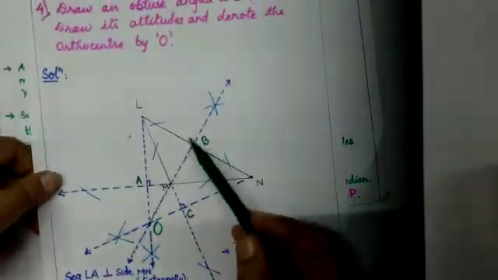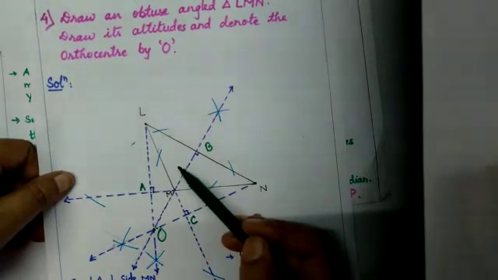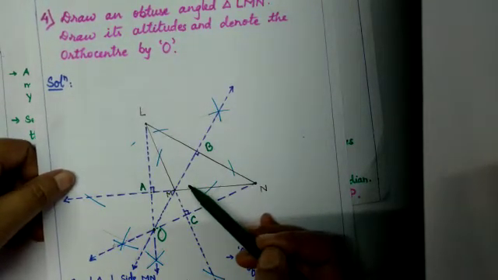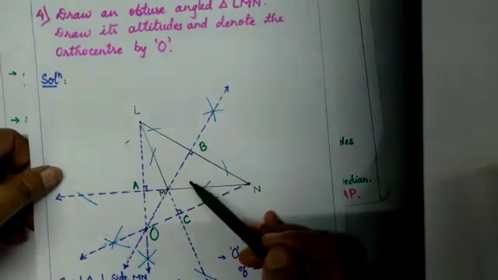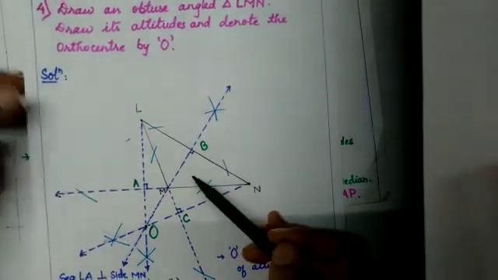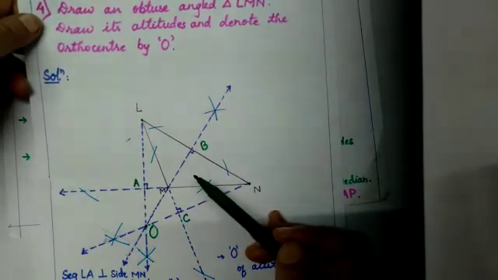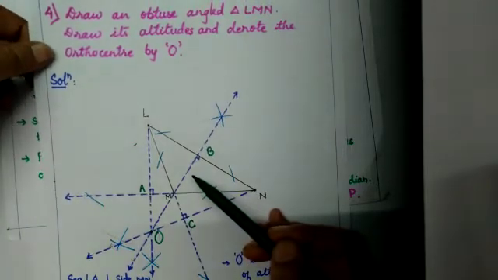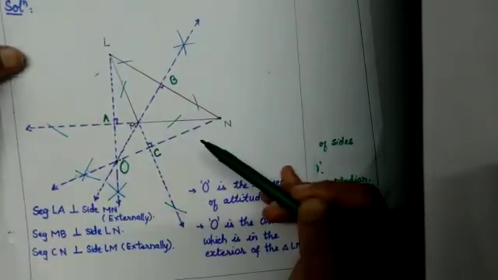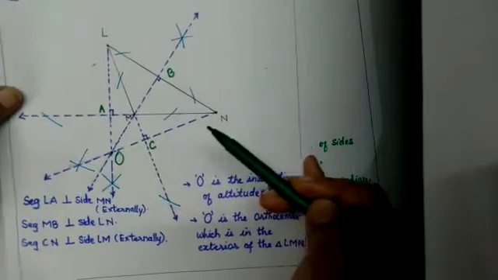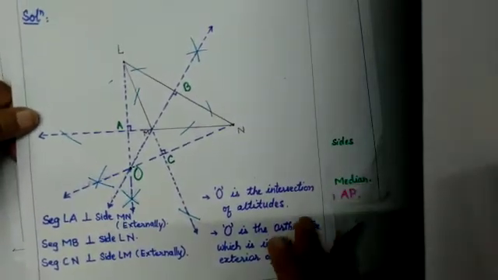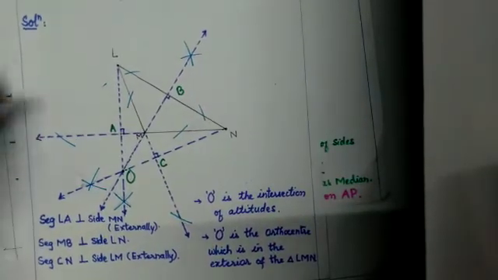Okay children. So in this way we have drawn earlier also some altitudes of right angle triangle, obtuse angle triangle and acute angle triangle. So here in this question, practice set 4.1, the same question is repeated, so you can do it very correctly. Now we will do in the next video question number 5.